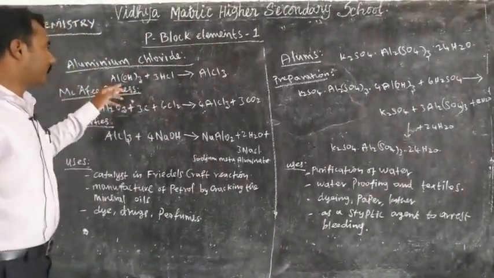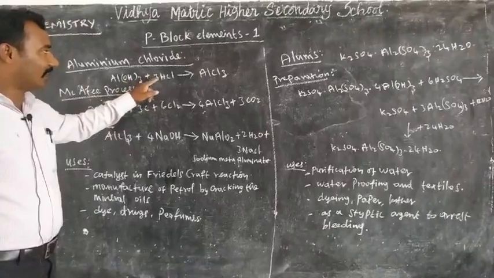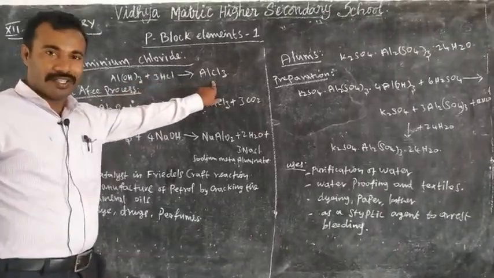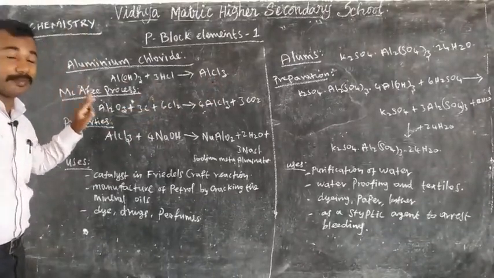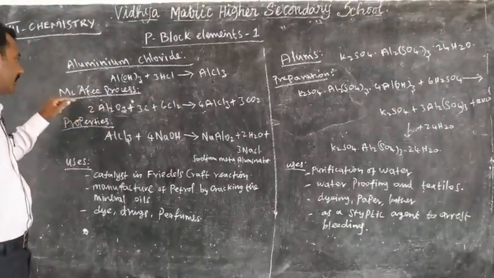This is about diborane. Next one, aluminum chloride, AlCl3. Preparation of aluminum chloride: aluminum hydroxide reacts with hydrochloric acid to form aluminum chloride, AlCl3. Then 2 more questions, naming reactions. Okay, naming reactions. McAfee